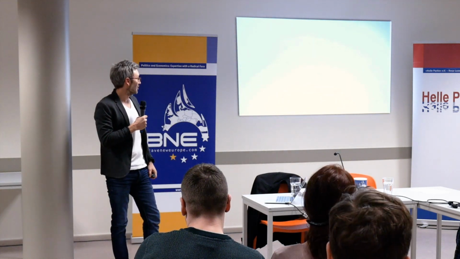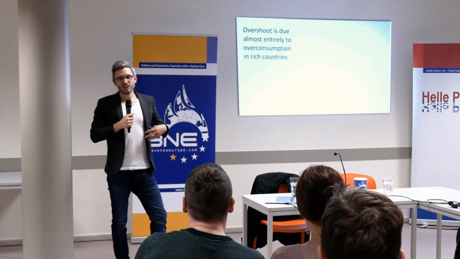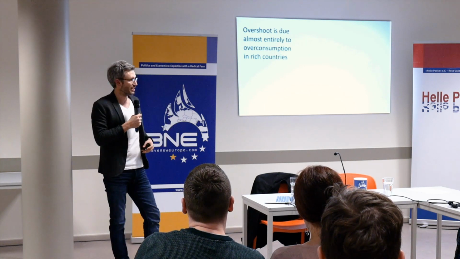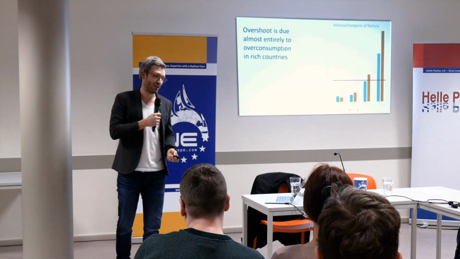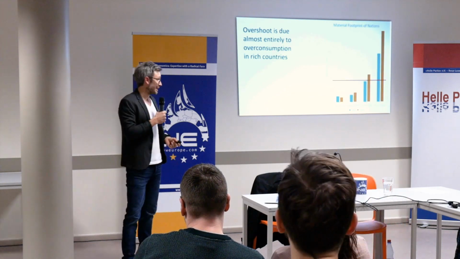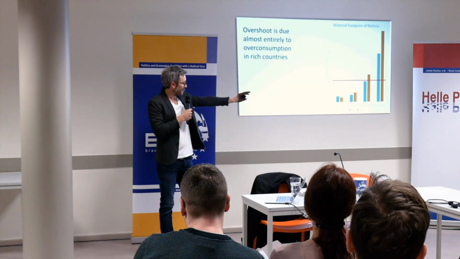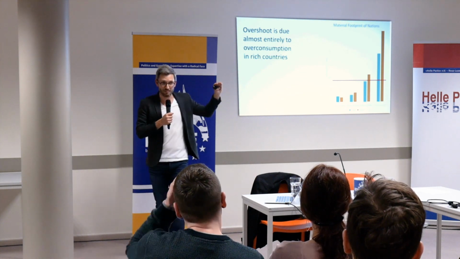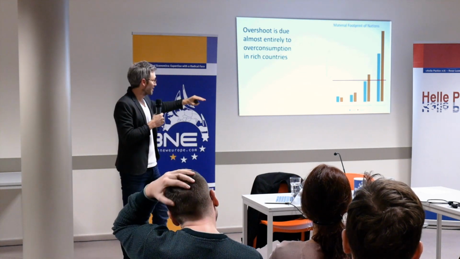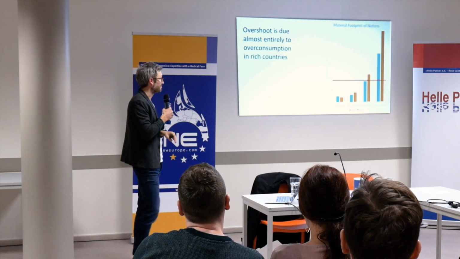Okay. And what's important to realize is that virtually all of this overshoot is being driven by a handful of rich countries. And we can see it this way. If we divide up countries by income group, what we see is that, so here we have the blue is 1990, the orange is the year 2008, the red line there is the planetary boundary in per capita terms, which is about 7 tons per capita, the safe level of material footprint consumption.